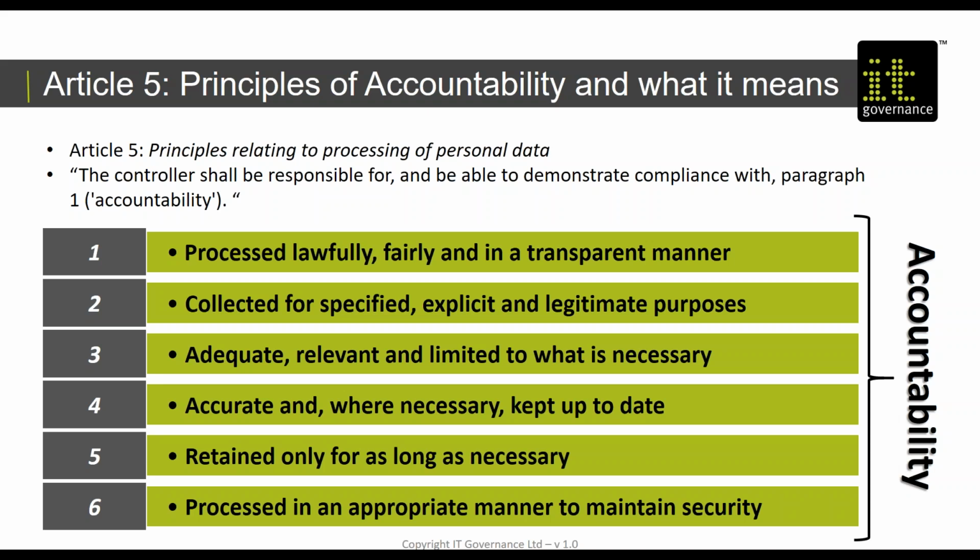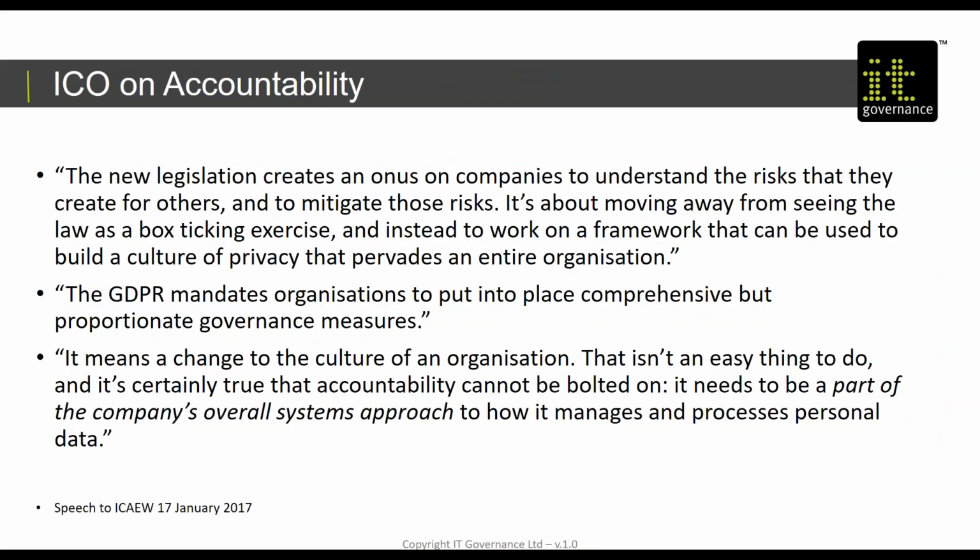Securely includes techniques like encryption, pseudonymization, and so on, but it's up to you. You notice the word appropriate. It's up to you as the data controller to determine what's an appropriate level of security in respect of that data. Back in January 2017, the Information Commissioner, talking to the Institute of Chartered Accountants of England and Wales, said,